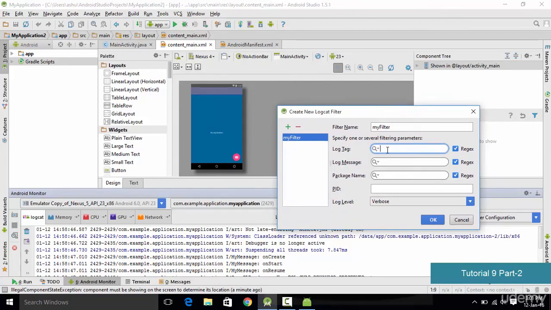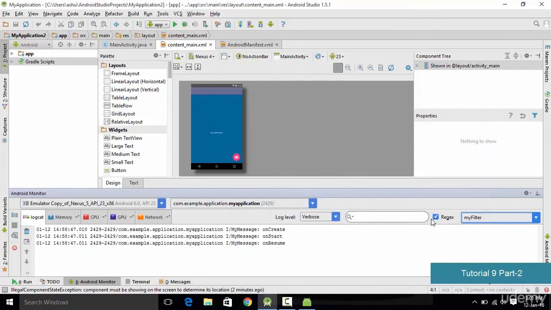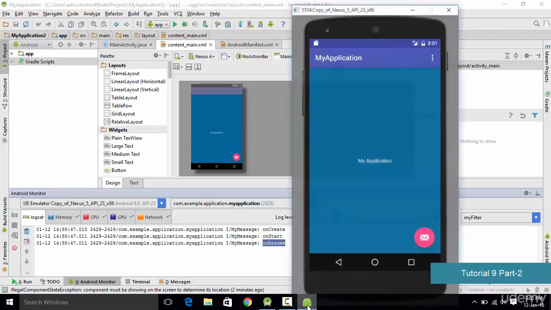So in the log tag we type my message, and when we click OK, as you could see, the only events with the my message tag are going to get displayed. So as you could notice here, the first state of our activity was on create, and on create basically happens when our application loads up the UI and everything for us. Then we have the on start, and that is pretty much going to start our application. Then finally we have the on resume state, and on resume state is nothing but when the activity is just